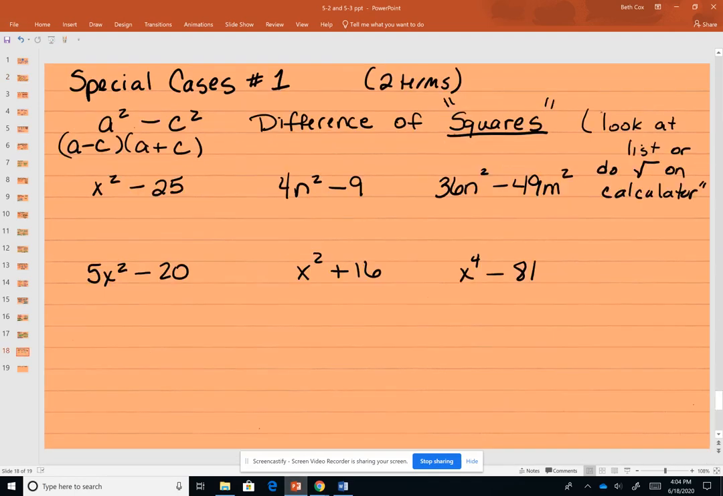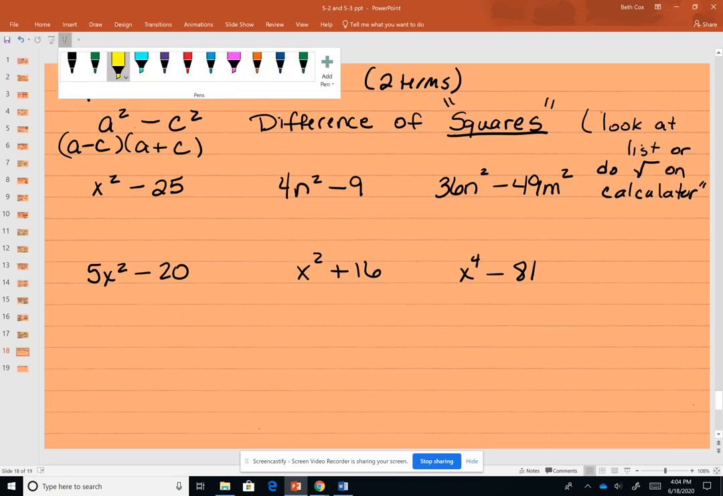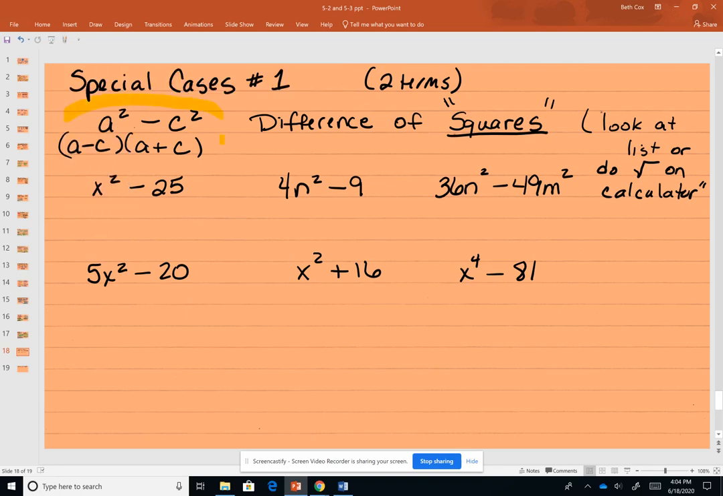Two terms, special cases number 1. We've got 2 different ones. The thing about special cases is that both problems have 2 terms. The first one is called a difference of squares, and here's what we got right here. This is the pattern. The first line, a squared minus c squared, that's the problem, and then the answer is a minus c times a plus c. And this is called a difference of